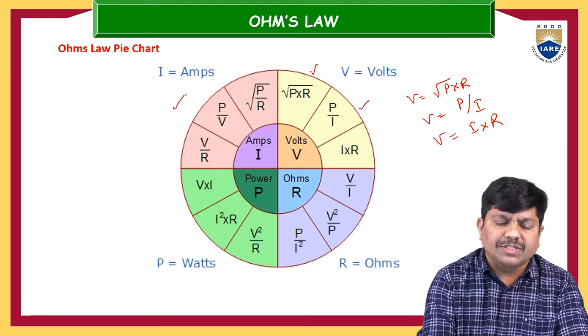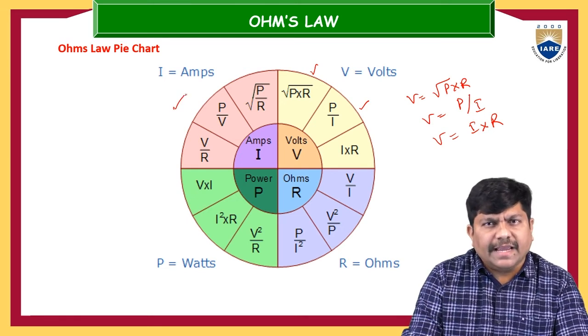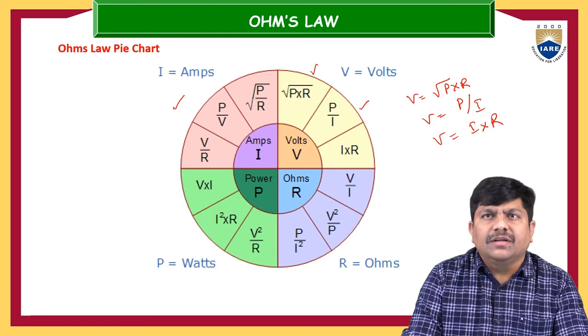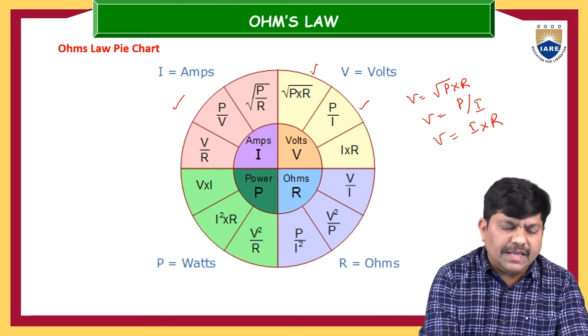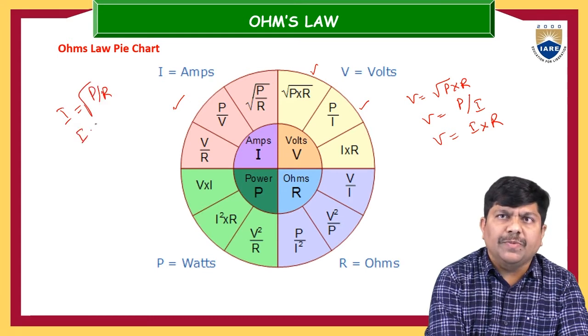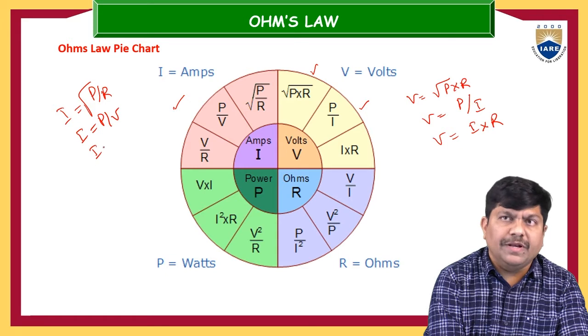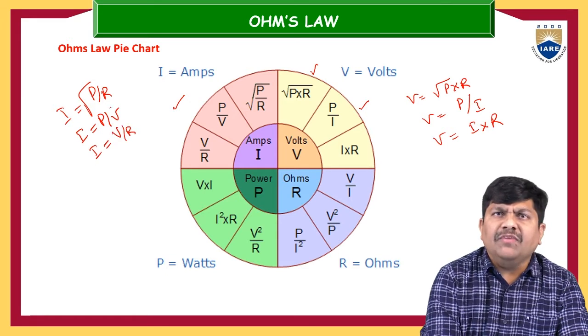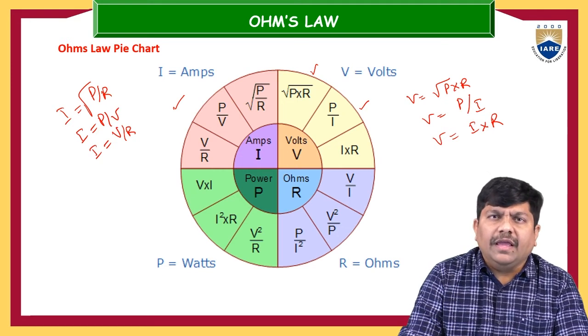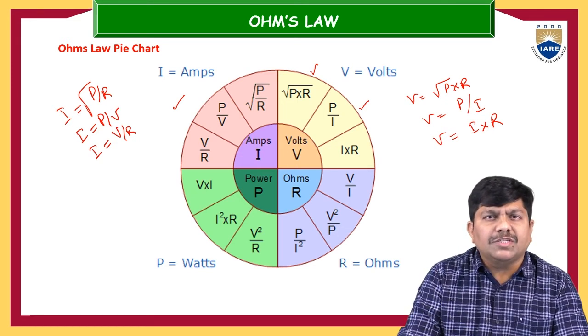Coming to the second quadrant, in the second quadrant, we have developed the formulas, the mathematical relations to know the electrical quantity current in terms of the remaining quantities like real power, voltage and the resistance. Now this current can be written as I is equal to square root of P by R, or I can also be written as P by V, I can also be written as V by R. Any one of these three is useful to determine the current I, which is the electrical charge passing through that